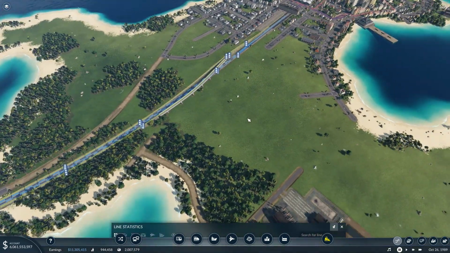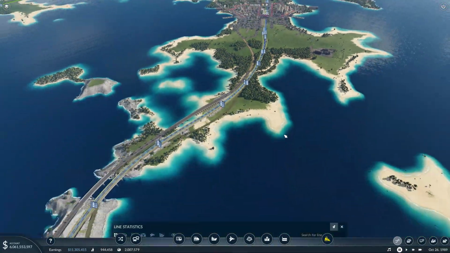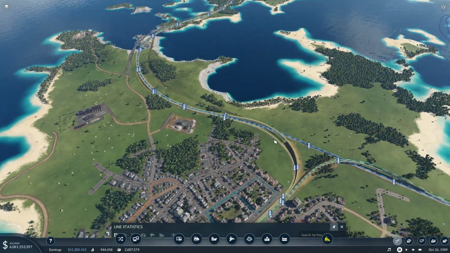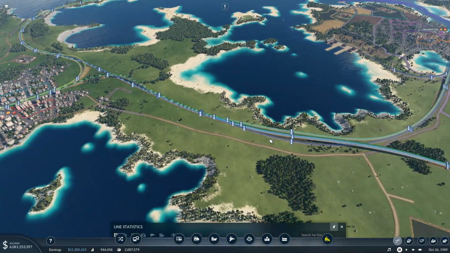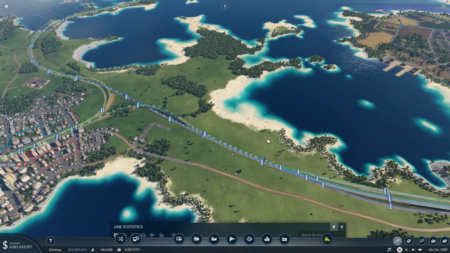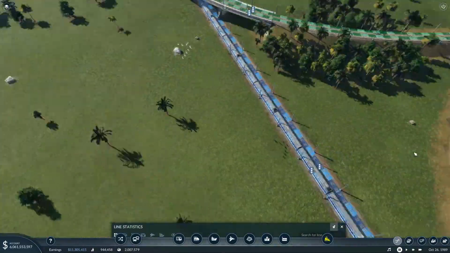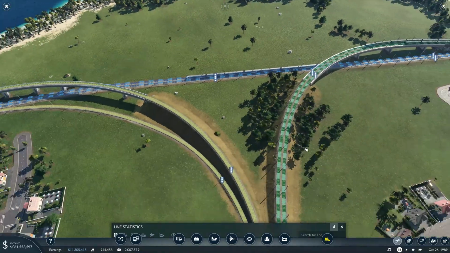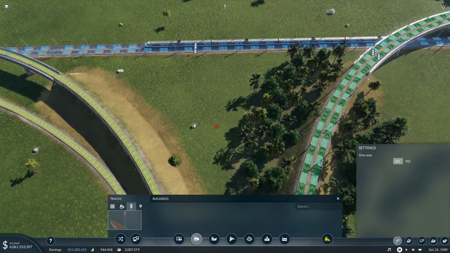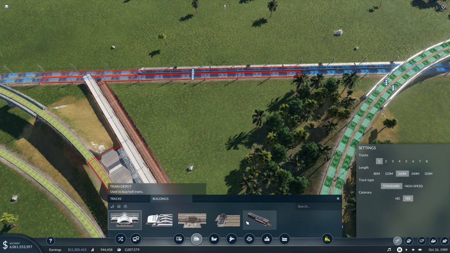So okay, we need to get the trains on the track somehow. How do we get those trains on there? Where did I put in a depot? I have no idea. I must have taken it out. Yep, wherever the depot was, it has now gone. Okay, fine. You know what? Oh, now, this is really unnecessary, but whatever. I'm going to put a depot...